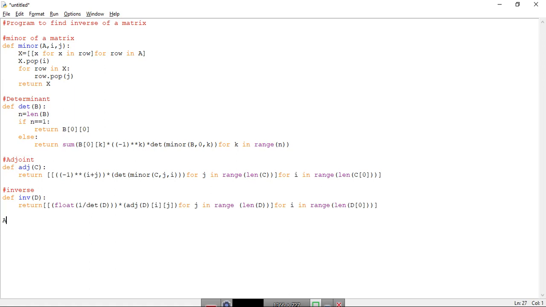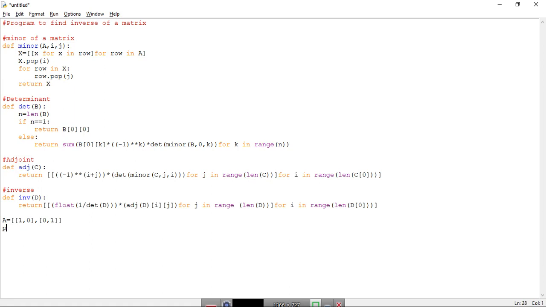So let us first give an input A equals to some matrix. Say you will give the identity matrix, say 1, let us use these two brackets first, 1 comma 0 comma 0, 1. So it's good. And we know that the determinant of the identity matrix will be 1 and the inverse will be itself. Okay.